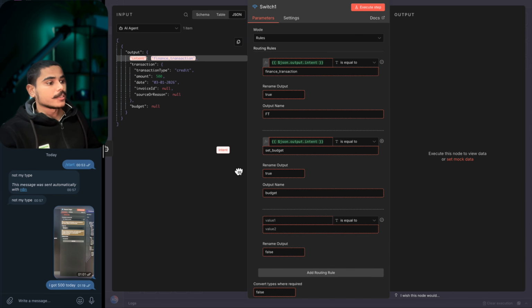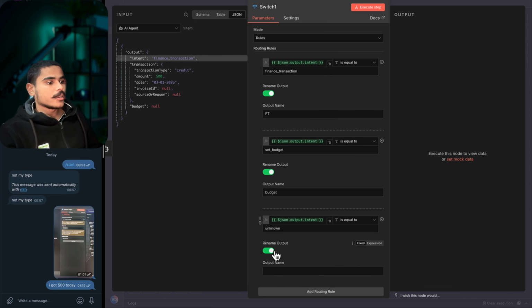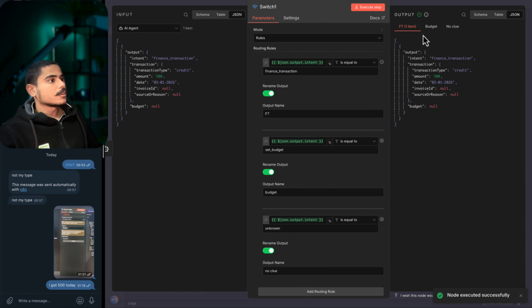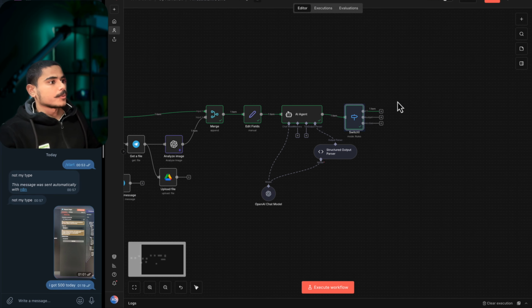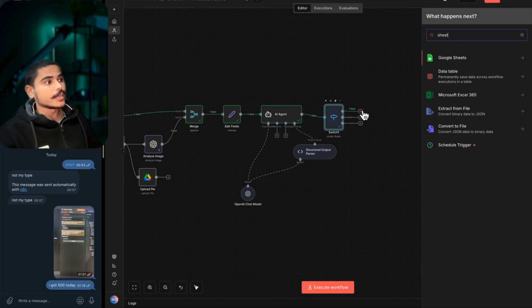If the intent is unknown, then our output name is no clue. If you execute this, you see we got in financial transaction one item. Okay, so if you have the financial transaction, we'll use the Google Sheet node now to update the Google Sheet